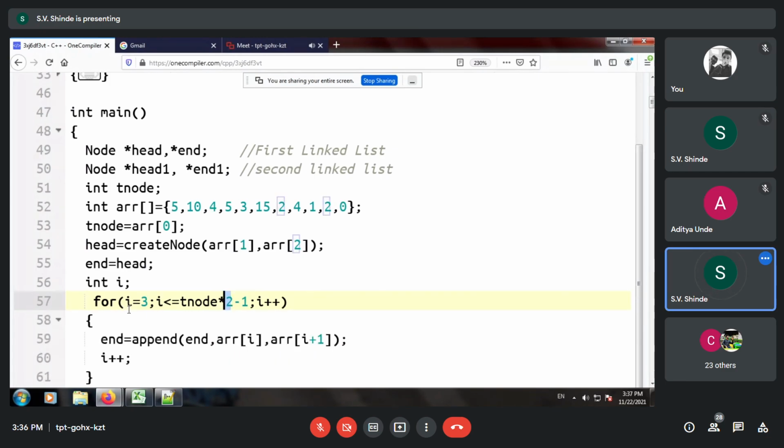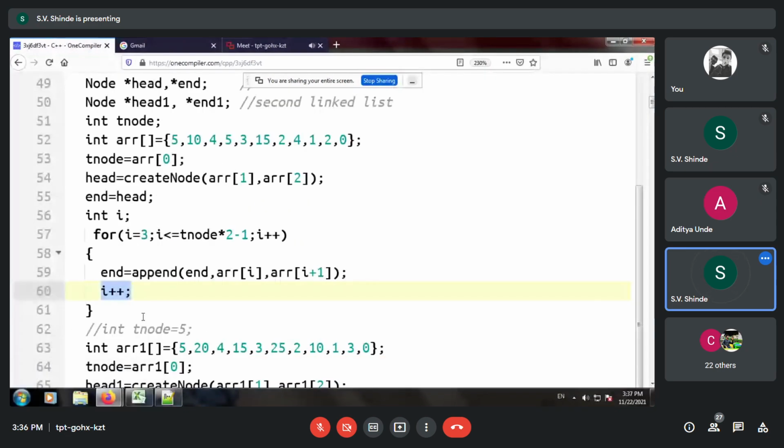So we know that the linked list is appended at the end. So append function, end is the input. That means we are going to connect the new node at the end, and we are passing the two parameters, that is array of i and array of i plus 1, and simply increasing i by 2.